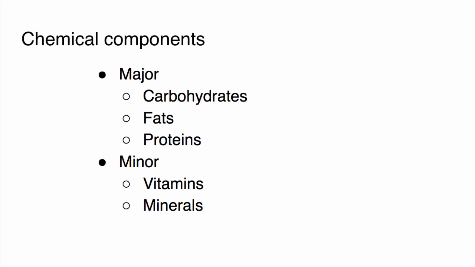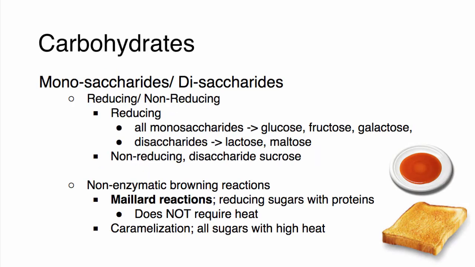Before we get into the details for each of these different processing techniques, I thought it would be appropriate to have a quick refresher on some of the chemical components of food. This involves the major components such as carbohydrates, fats, and proteins, as well as a selection of the minor components being vitamins and minerals. As you may recall, carbohydrates can either appear as a single molecule of sugar,